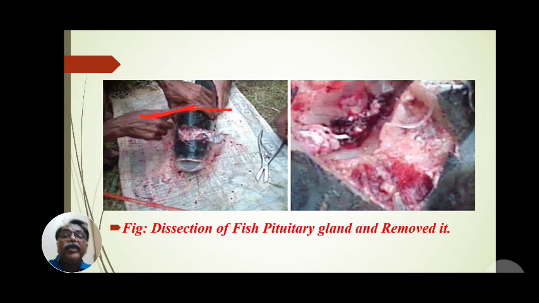Remember that fishermen, goat killers, or hen killers give an oblique stroke to cut the animals into pieces within a short time. When we give an oblique stroke, it cuts sharply. In a similar fashion, the fish is kept in such a position, just behind this region, where there is a green circle. The knife or hand saw is to be stroked obliquely.